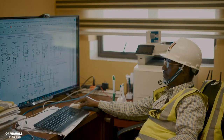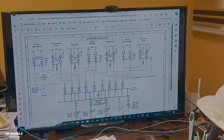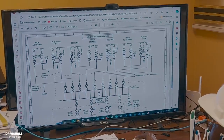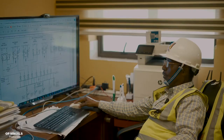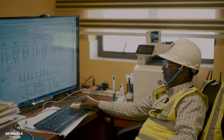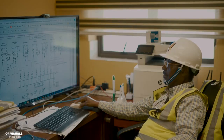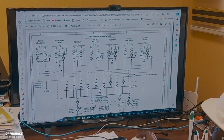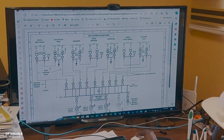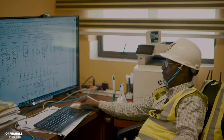There are 5 11 kV feeders, namely Abai, Area, Polymer, World Bank, and Osisoma. And we have 2 3 kV feeders, namely Orienta and Guinness. We have loaded up to 70 megawatts at Umode, and we are ramping up